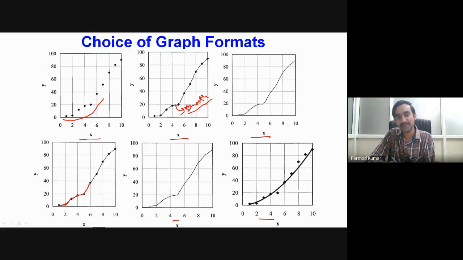Okay. Then the second type of curve which I have shown over here, here we have the individual experimental values, and apart from that we have some smoothly fitted line between the different experimental observations. So this particular type of curve represents that whatever curve we have is following some phenomenon physically. Over here we have to be very careful that if our points are not close enough to each other, then we should not go for this type of smooth fit. Otherwise, it may give a wrong representation of our physical phenomenon.